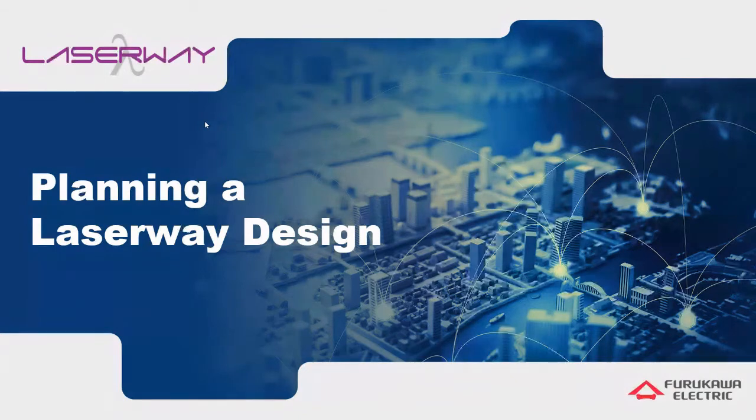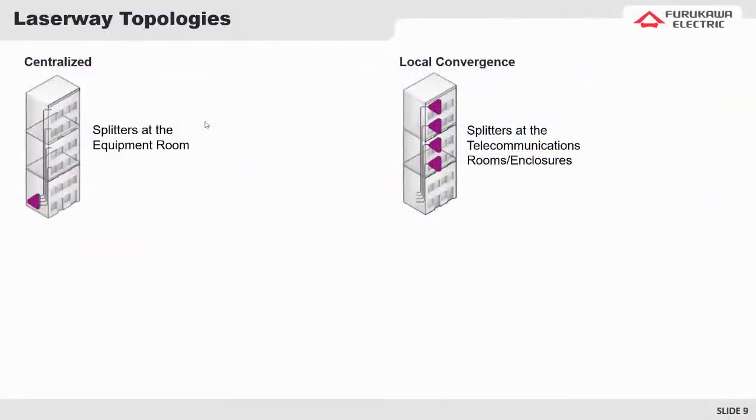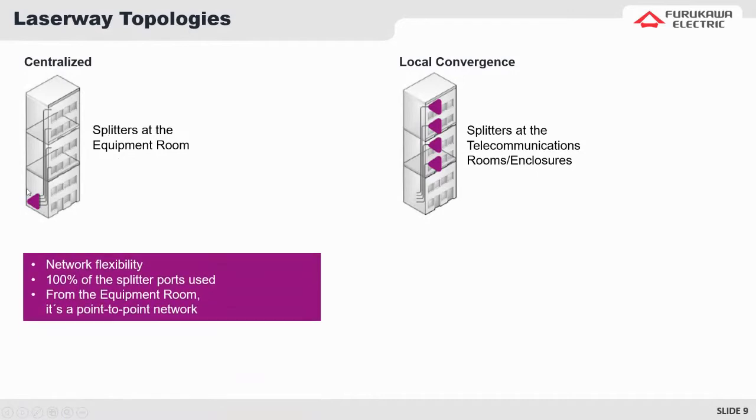And one last concept before starting to talk about building the bill of materials and the diagrams, which is the topologies. So for Laserway applications, we have 2 possible topologies. The first one is the centralized, and the second is the local convergence topology. The difference between these 2 topologies is the location of the splitter. In the centralized topology, the splitters are installed in the equipment room,